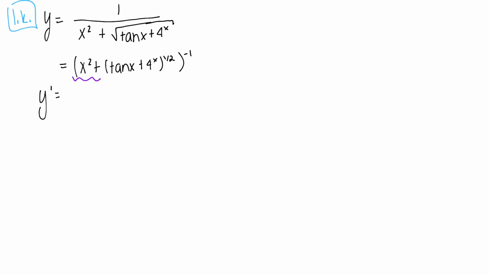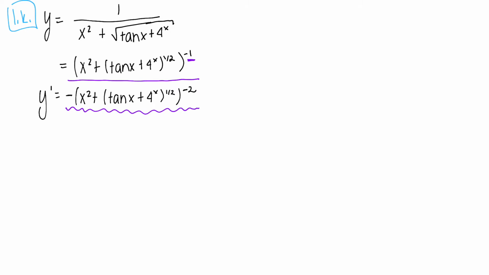So you have the outside, which includes this negative 1. So you bring the negative 1 down, negative, leave the inside alone. And then negative 1 minus 1 is negative 2. I should have done that in purple. This whole thing right here should have been in purple. And then it's the derivative of the inside. So 2x